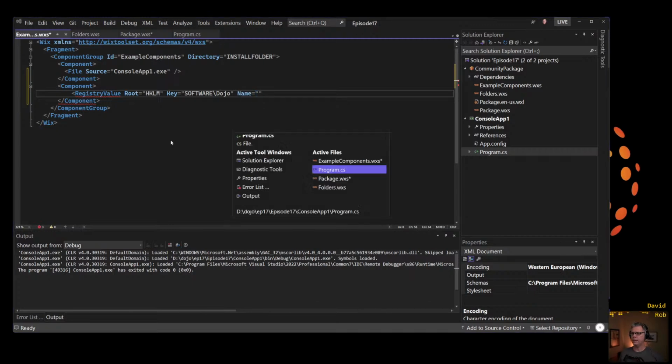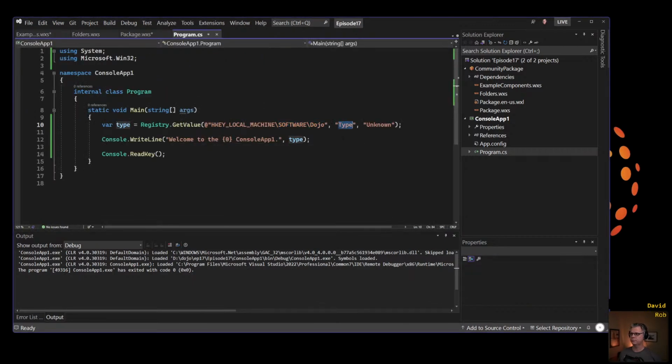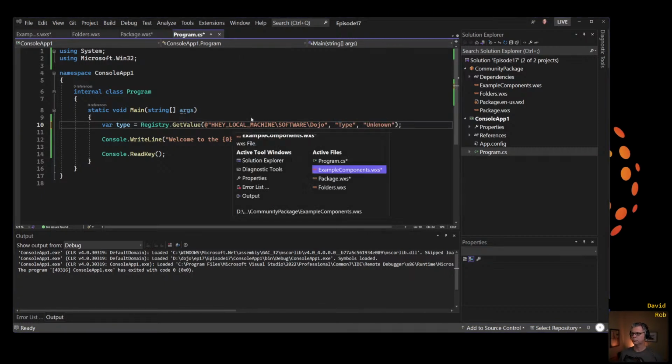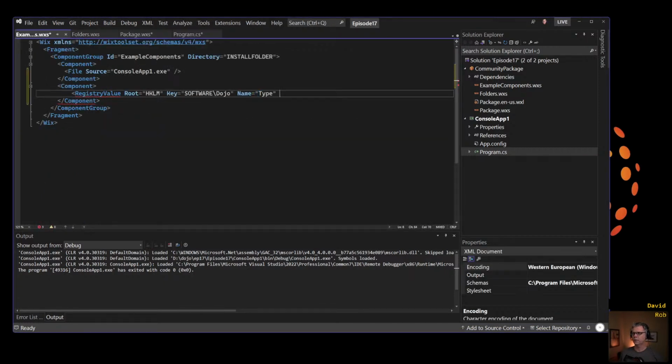The name of the key is type. And the value here, this is the community installer, so we're going to put community in here. Now we're going to install our console app 1. We're going to install our registry key. And when we install and run this thing, it should show our